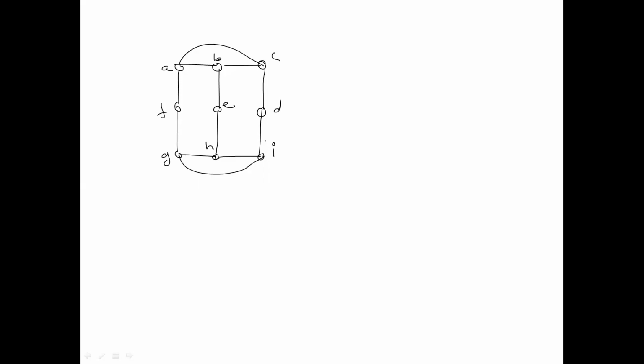So what do you mean by Hamiltonian cycle in this? That means you start from any vertex, you have to visit all the vertices exactly once and reach the same vertex. That means, can you find a cycle with all the vertices in the graph? Do you find any such cycle with all the vertices? Yes or no? Do you find any cycle?